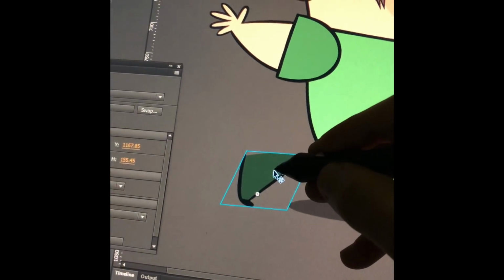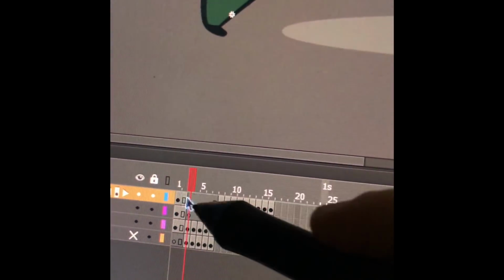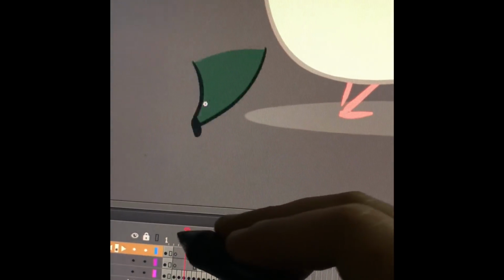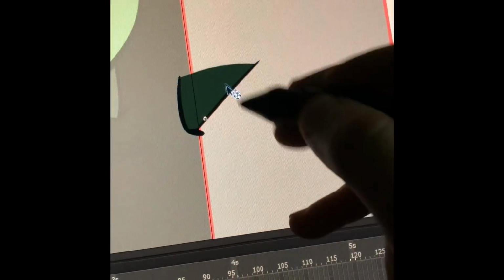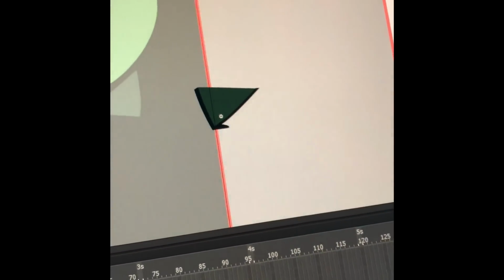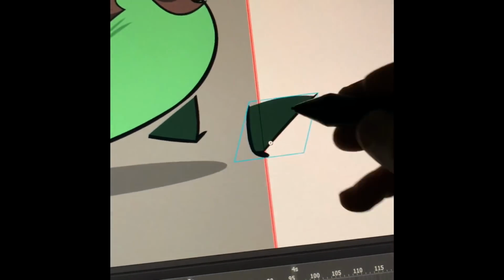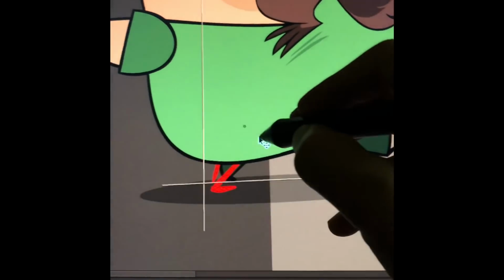If I double click and go inside the symbol, you can see I have all these drawings inside it. It's contained in one symbol. What the symbol does is I can move it around and it moves all those drawings, keeping them all together. So whatever I have inside that symbol stays in place, and I can move the symbol around. I can put it here,